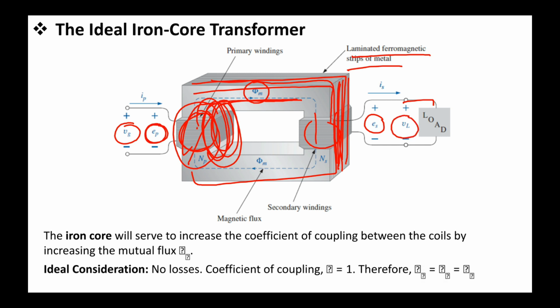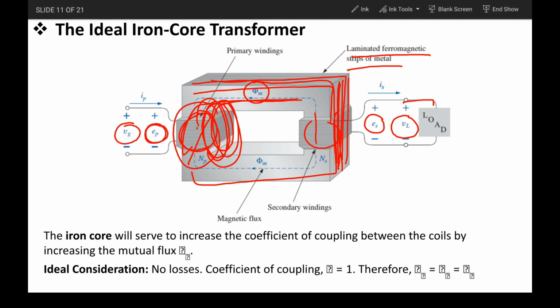And we are considering an ideal case. In all devices we know there are some sorts of losses, but for ideal cases we are not considering any losses, so there are no losses. Also the coefficient of coupling should be k. The software I am using does not support the mathematical object, that's why there is a question mark. I will be providing the PDF of this, and it will definitely be clear. So this is k, the coefficient of coupling, k equal to 1.